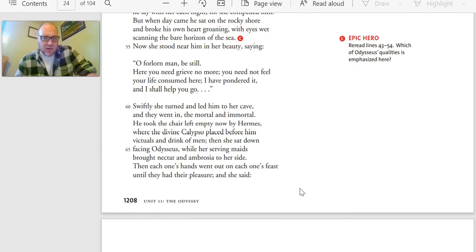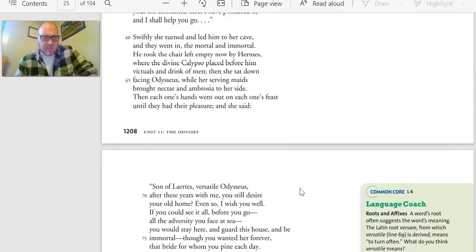He took the chair left empty now by Hermes, where the divine Calypso placed before him victuals and drink of men, and then sat down facing Odysseus, while her serving maids brought nectar and ambrosia to her side. Then each one's hands went out on each one's feast until they had their pleasure, and she said,